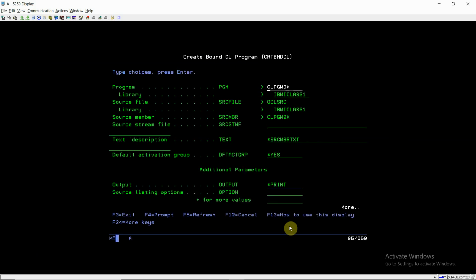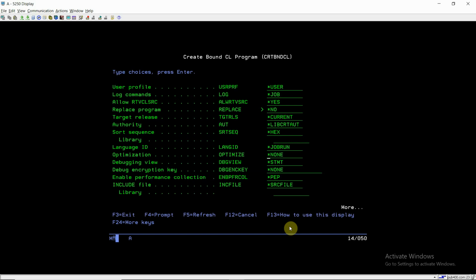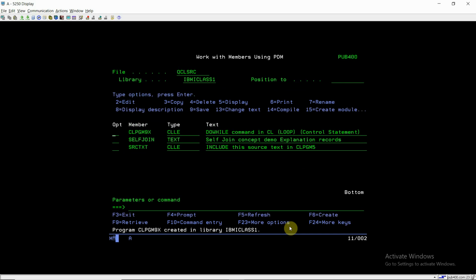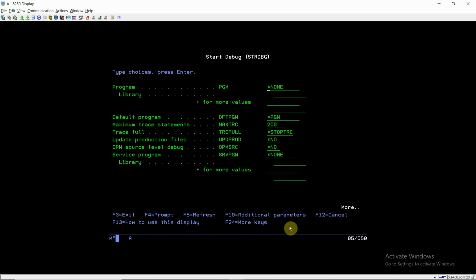compile this program. This program has been compiled successfully. Let's debug this program, CLPGM9X, with star yes star yes.